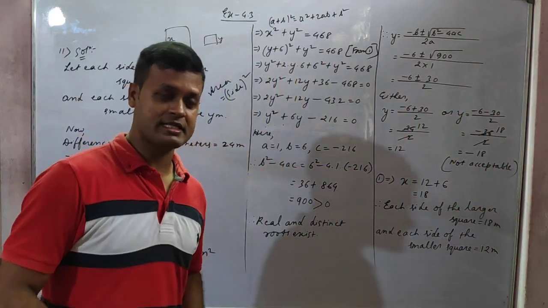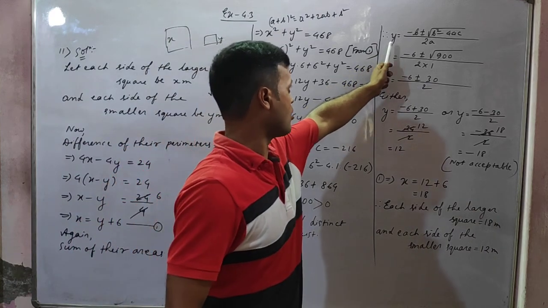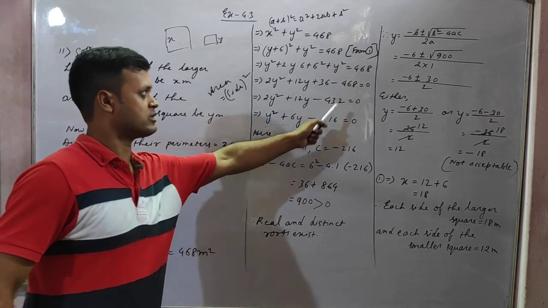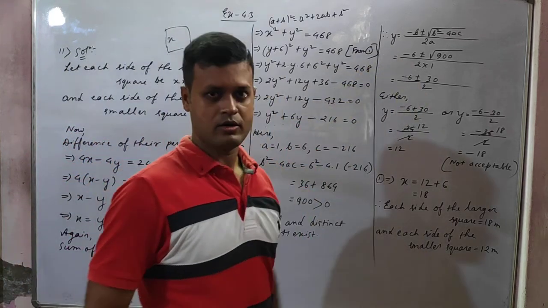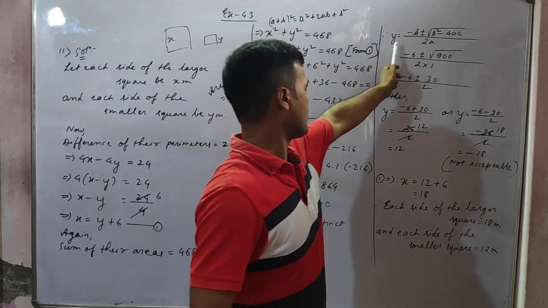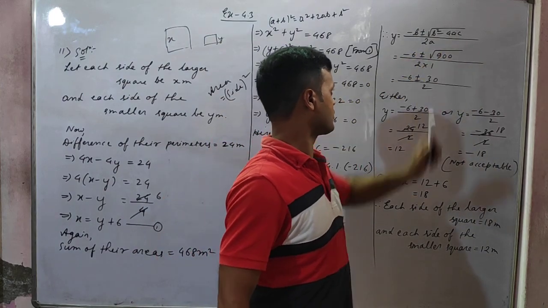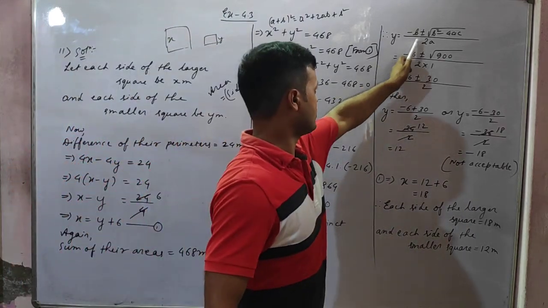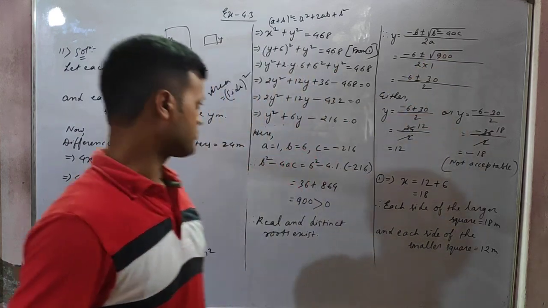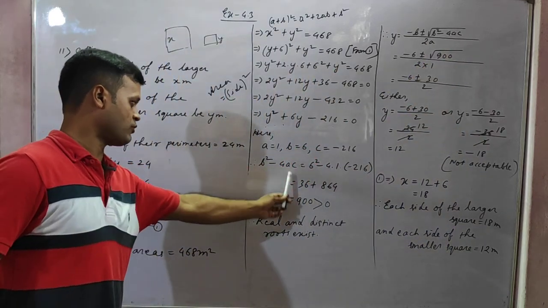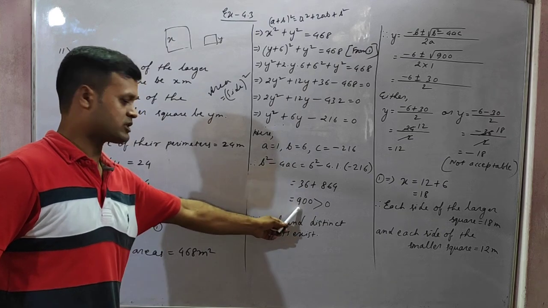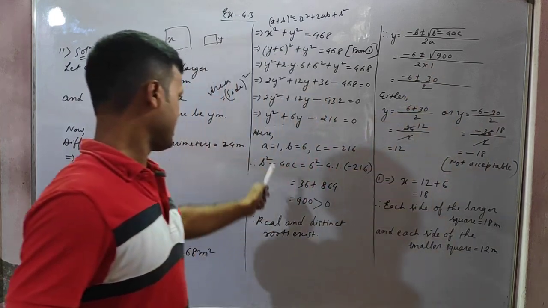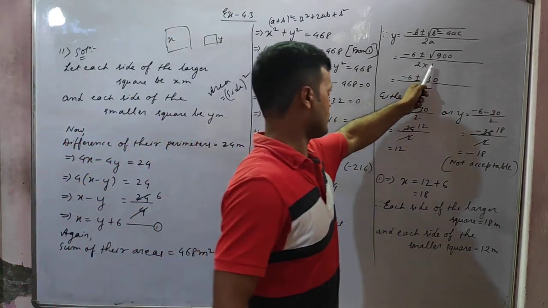If real and distinct roots exist, now we have to find out the roots. So let us find out. Now y is equal to, this equation is in y now. See, y square plus 6y minus 216. So now we will find out the value of y with the help of the quadratic formula. So y is equal to minus b plus minus root over b square minus 4ac by twice a. What is the value of b here, students? 6. In place of b you just write 6, plus minus root over b square minus 4ac. What is the value of b square minus 4ac, students? 900. So in place of b square minus 4ac you just put 900. And 2 into a. a means 1, isn't it? So 2 into 1 will become 2.